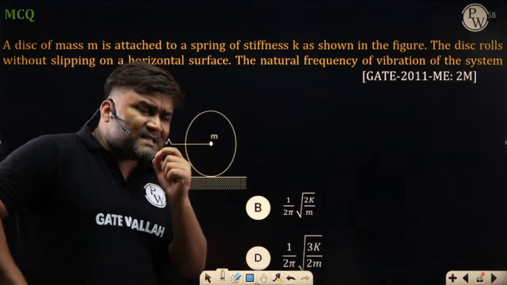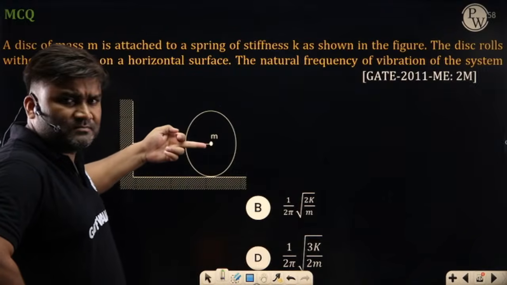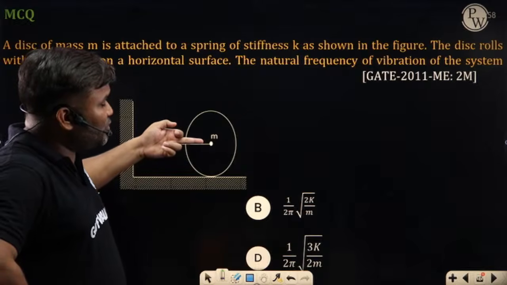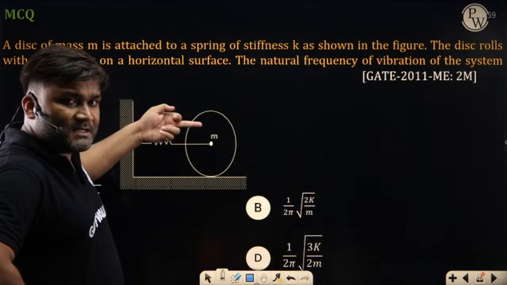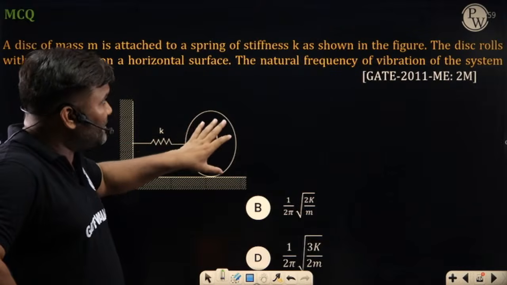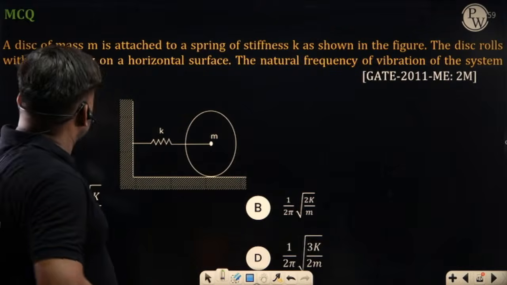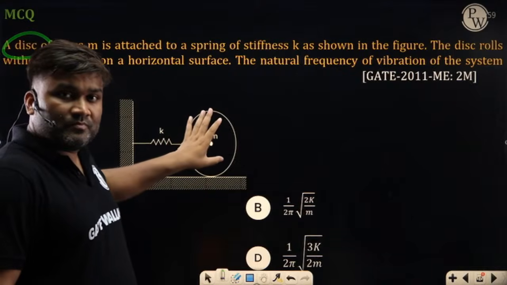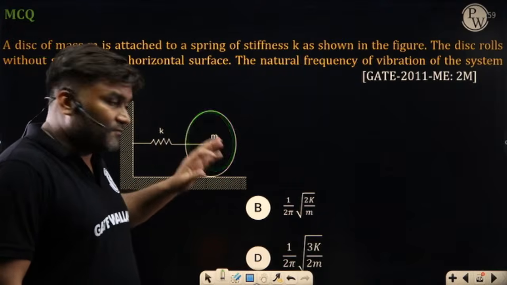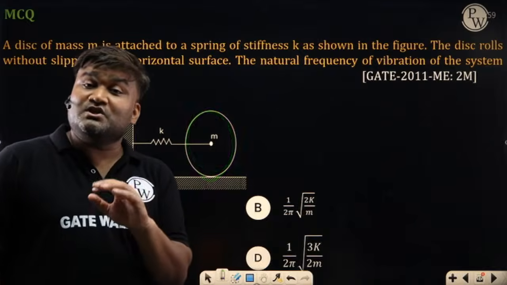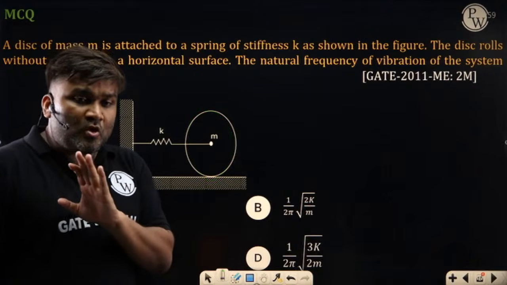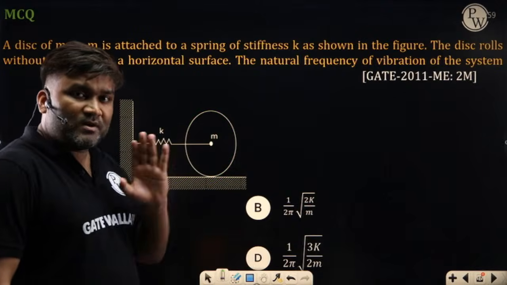Because even a slight change, sir, spring I have connected at the center, question is different. If I change the position of the spring from here to here, spring is connected at some different point, question changes. If this circular looking thing, if they have mentioned it as disc, this is a disc, question is changed. If I am saying that now this is a ring, question changed. If I say that this is a sphere, question change. I change the shape, I change the spring's position, question will change completely. So do not try to memorize this. Try to understand.